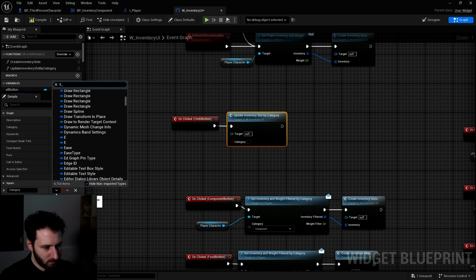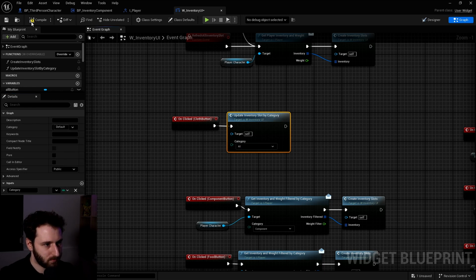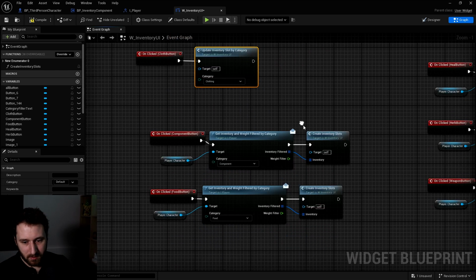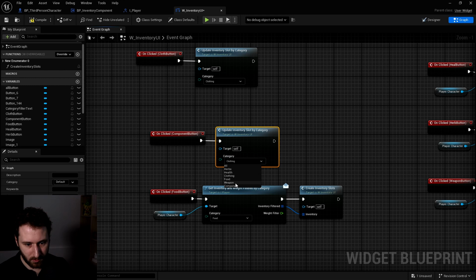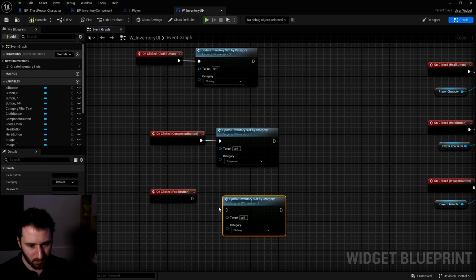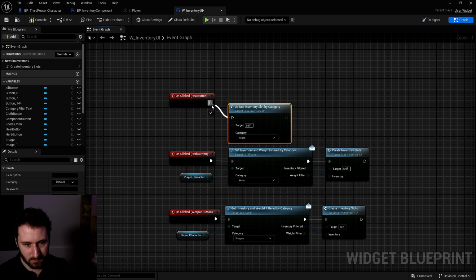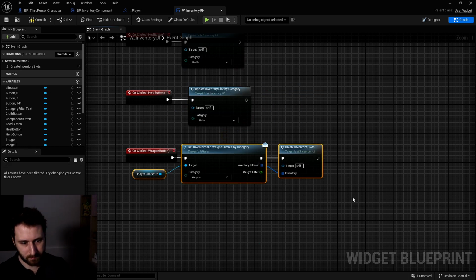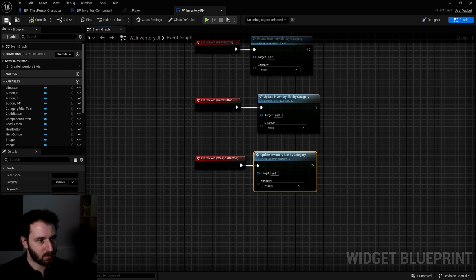Category underscore category type. So let's go with clothing. Tac, so I can remove all of them. This will be a component, to be better, so we don't have to copy and paste the stuff everywhere. So we have food, tac, this will be the health. Tac. This one will be the herbs. Tac. And that's the weapon. Okay, let's compile and save.